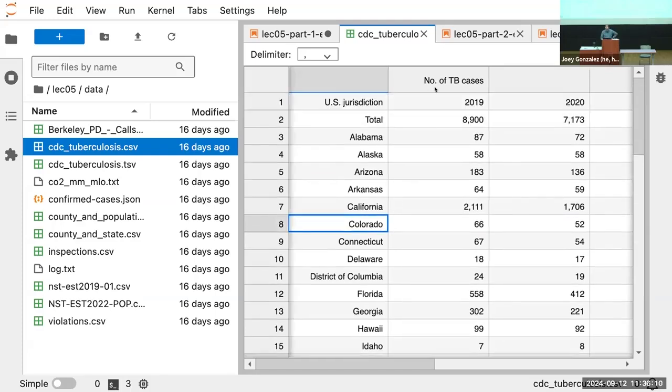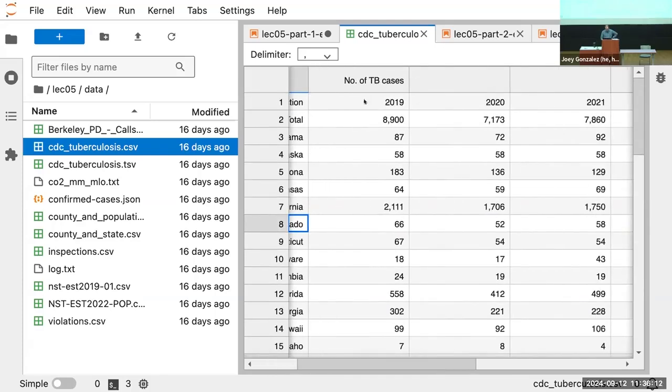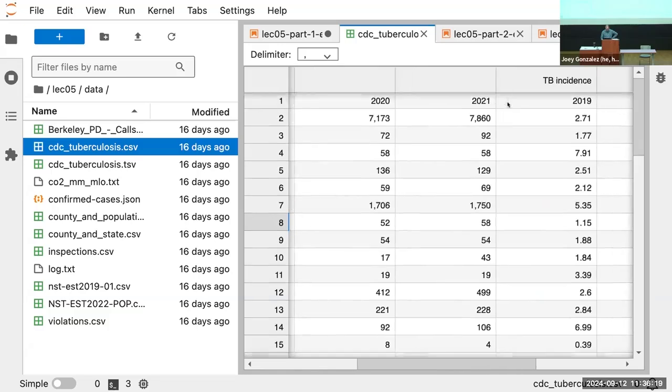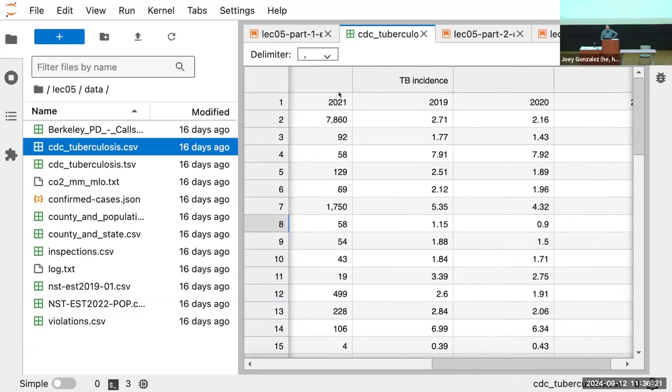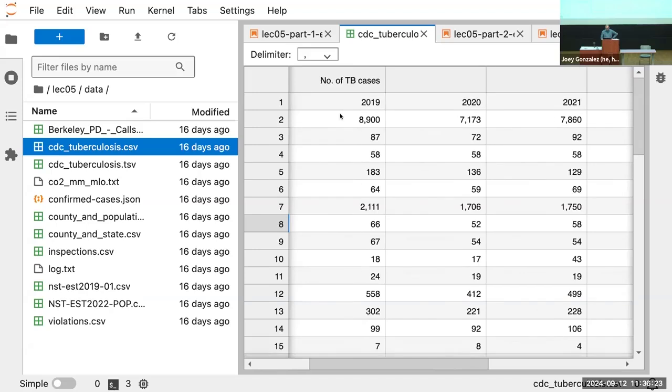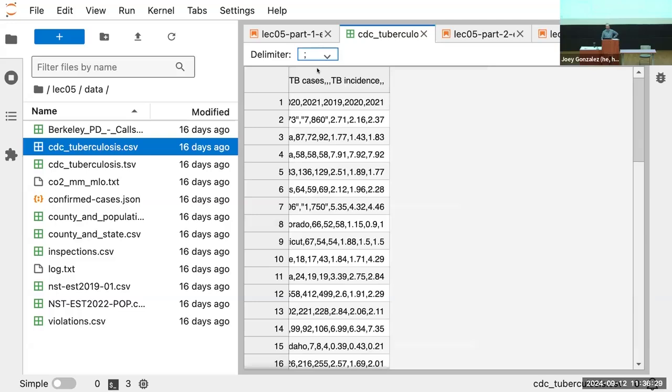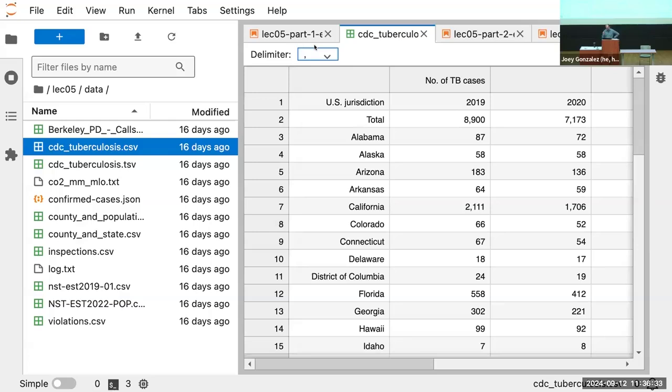You see, I've got these columns here and then another set of columns here. We kind of expected that. So you have these years here and then this TB incidence probably applies to these groups of columns here. Fun stuff going on. This is viewing it as a spreadsheet. The computer determined that the delimiter was a comma. I could have said, you know what, I think the delimiter is a semicolon. It's not. It makes a mess of my table. So my records are separated, my fields, columns are separated by commas.